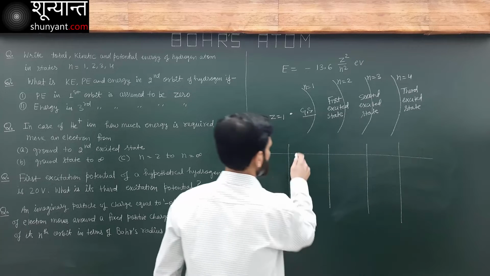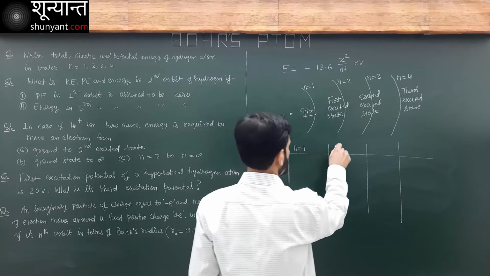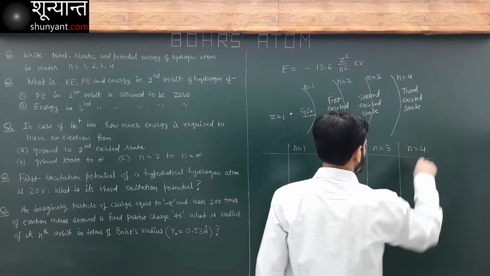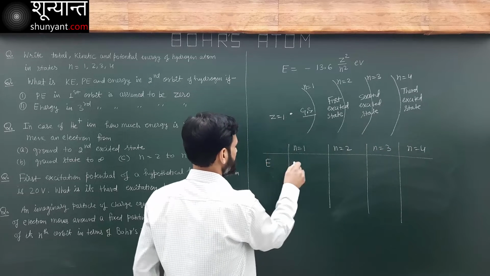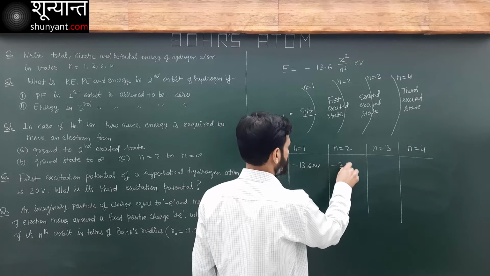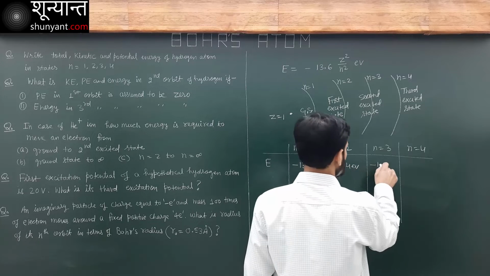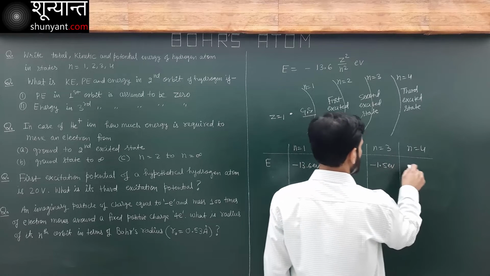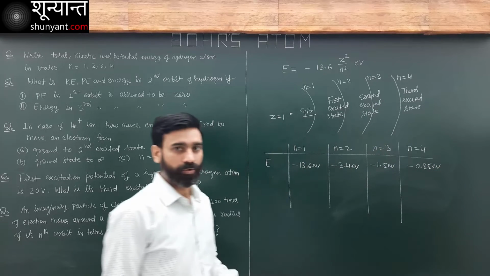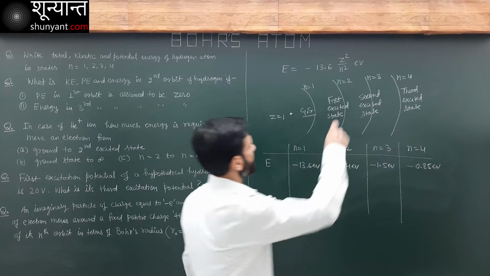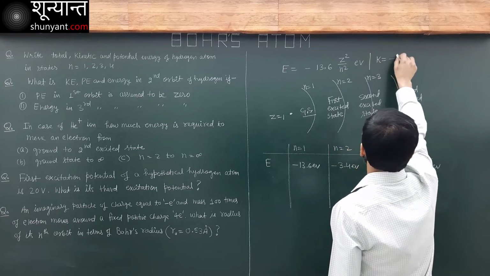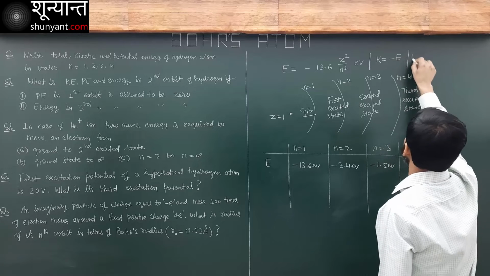This is n is equal to 1, n is equal to 2, n is equal to 3, and n is equal to 4. This is total energy. It is minus 13.6 electron volt, minus 3.4 electron volt, minus 1.5 electron volt, minus 0.85 electron volt. Total energy. Now, if I use this relation here, that K is equal to minus E, and U is